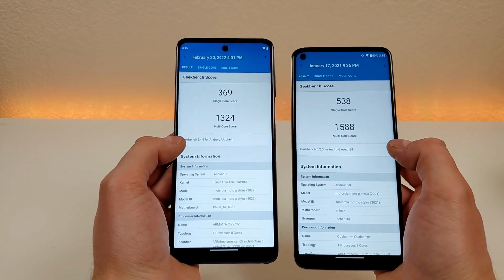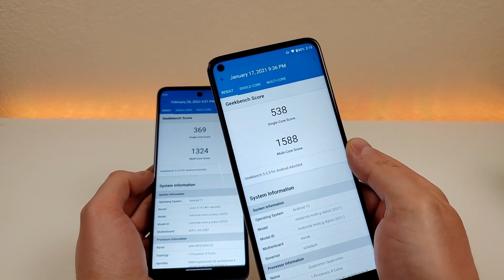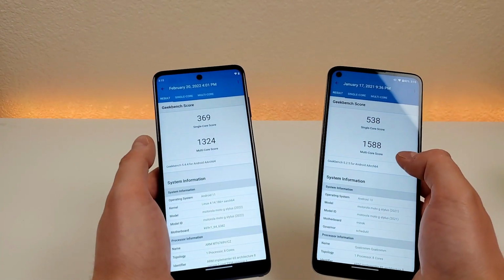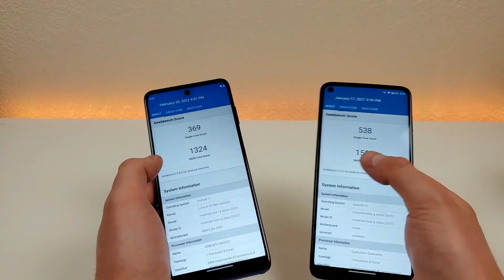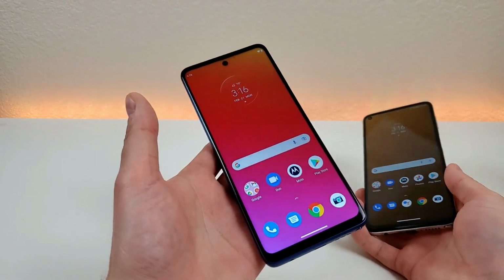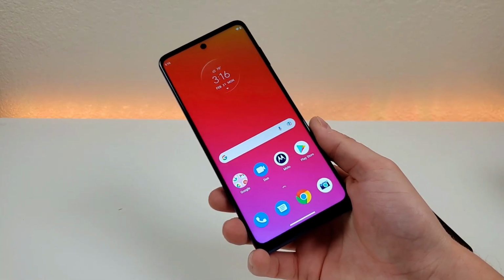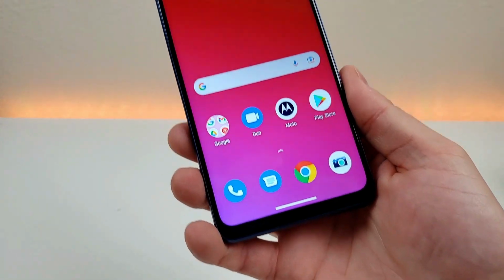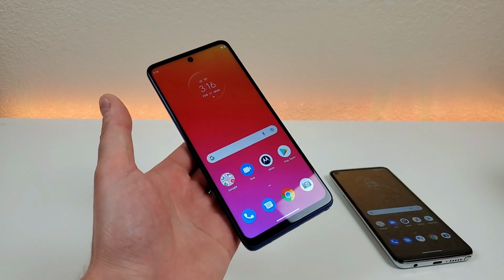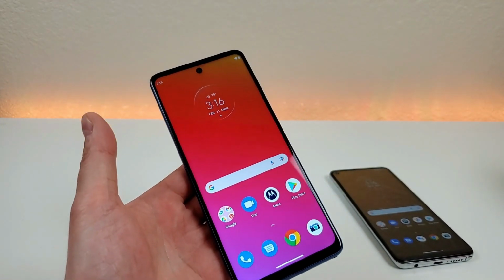So I'll let the numbers speak for themselves, but you can see for the single core score, we went from 538 to 369. So that's quite a bit of a decrease here. And the multi-core score decreased as well. Now the good news though is that both phones, especially this phone, but the G Stylus 2022 is still usable. So it's still a decent mid-range device and probably will work totally fine for most people out there. But on the other hand, it is disappointing to see a significantly slower processor with this phone compared to its